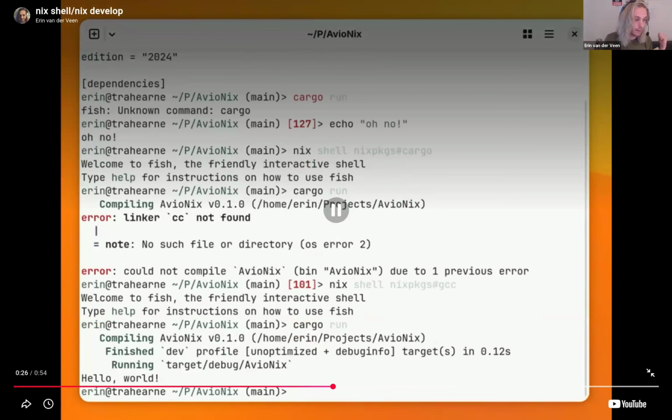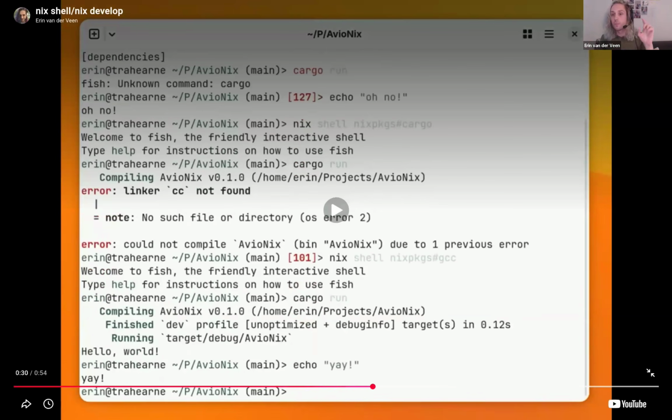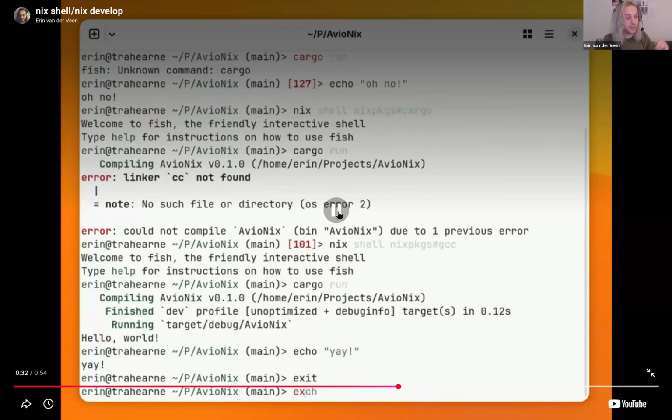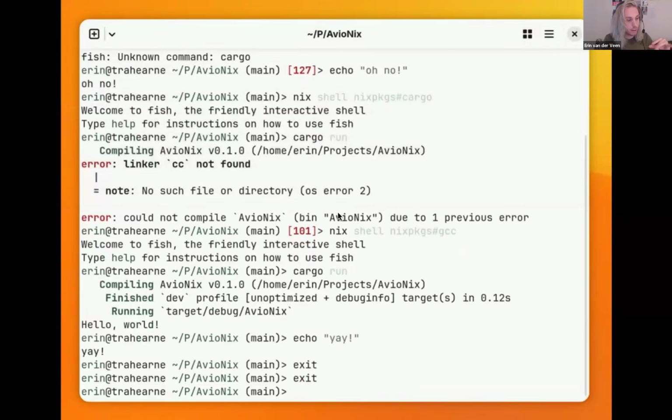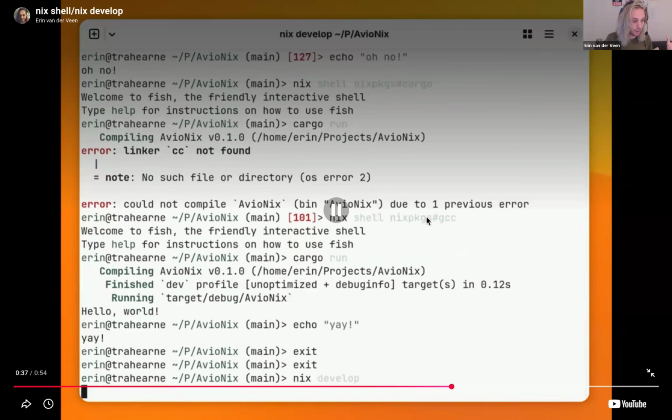And then I can run my package. Yay. Now, this is not reproducible because nixpkgs refers to the nixpkgs that I currently have, or that I've currently used for my system, right? So instead, what you can do is create something called a flake.nix file, which the repository that Wanja will show later has one, I think. And what you can do then, instead of manually pulling them in, is type nix develop.